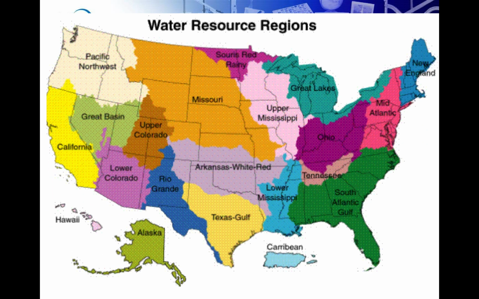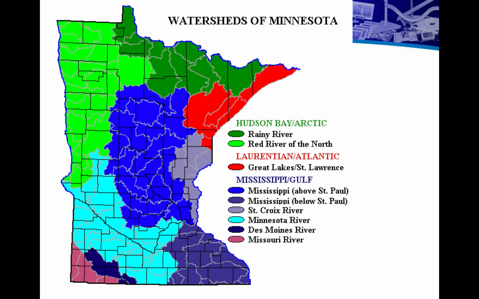Here's kind of a bigger picture of the United States and some of the bigger watersheds. If you want to pay attention to Minnesota up there, you can kind of see where we're at in Hibbing. We're going to talk about this in class. We're in a really cool spot where we have a 3-way watershed. But when you look at the colors on the map here, if you look at Texas, the yellow area down there on the bottom, that would mean any water that falls in that area is going to go into the Gulf of Mexico. That is what those mean. In the green area, anything there is going to go into the South Atlantic or the Gulf as well. So those would be large watershed regions.